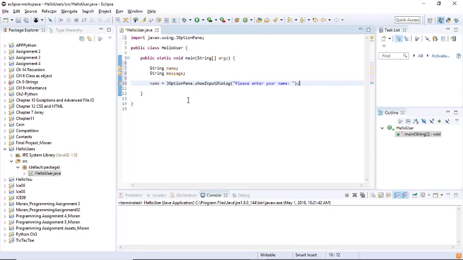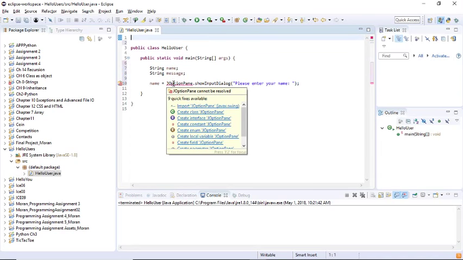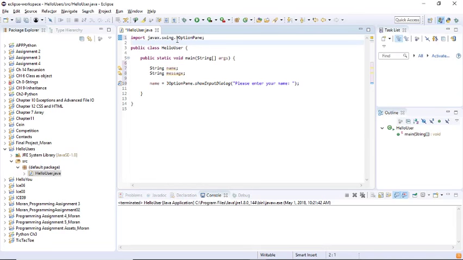You saw when I first started typing JOptionPane, there's a little red squiggly line under there. If I cut this out, see that it appears again. Now this is an error. So the Eclipse IDE is telling us that, hey, there's an error, and then Eclipse is even nice enough to let us know what some possible solutions are. So we can see all these possible solutions here. We can create a new class for the object, but also it recognizes that this thing already exists as an object. So we can click here to import the javax.swing.JOptionPane